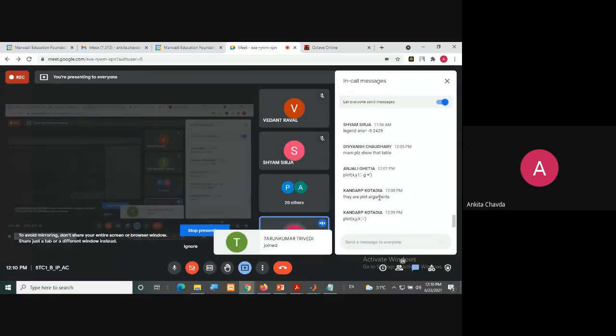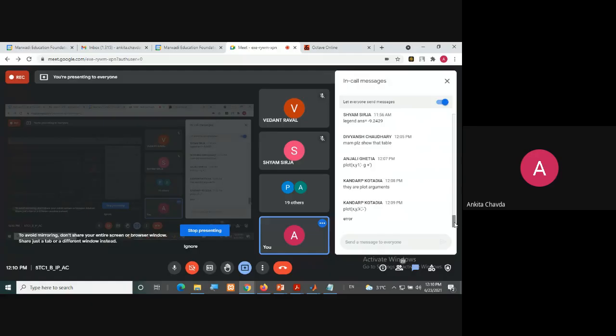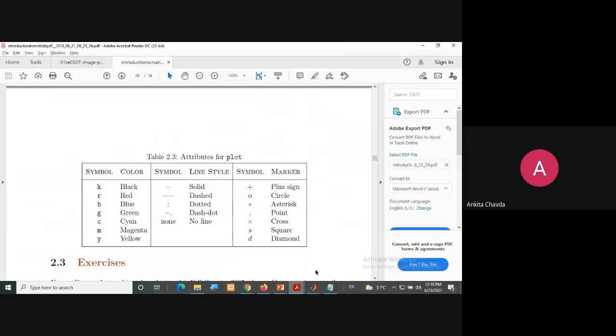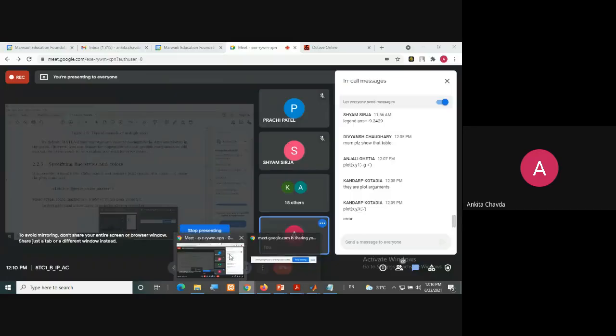Is it working? Error. Yeah, so it is already said, in a single quotation only. I already showed you this. In a single quotation only, with white space, you can define this. Now try and tell me the answer.